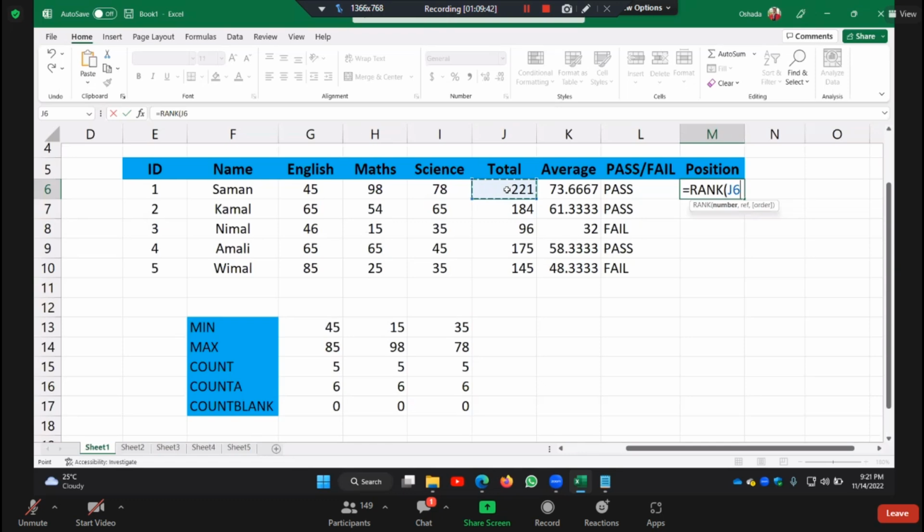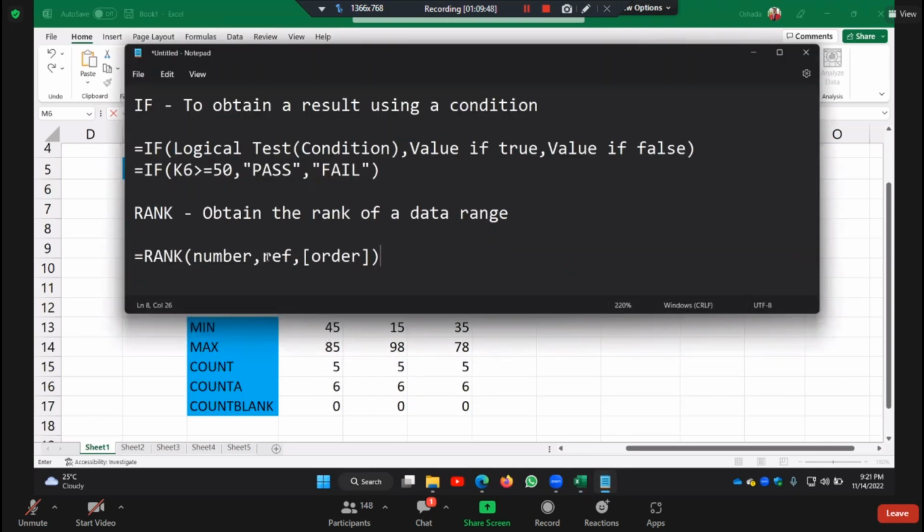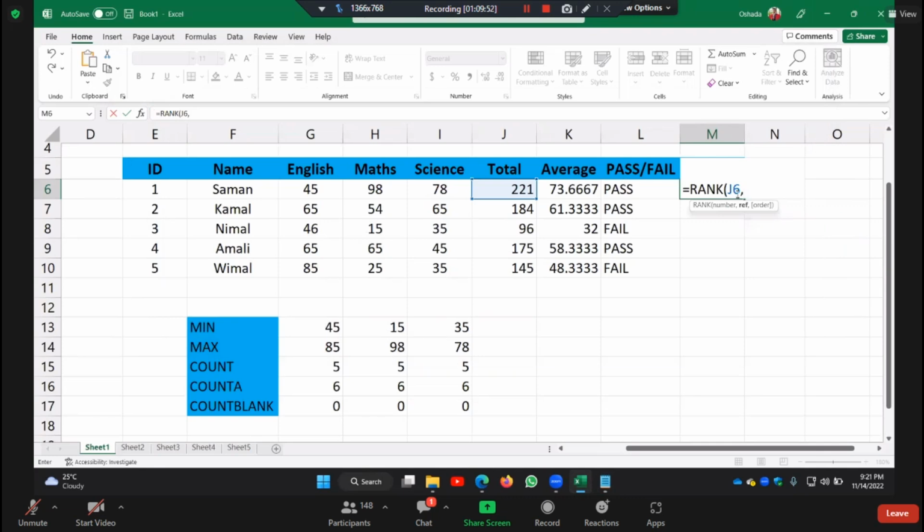and comma. And for the other part, we have ref. Ref means the reference part, which means our whole data range, from J6 to J10. Ref and order, which means this range,